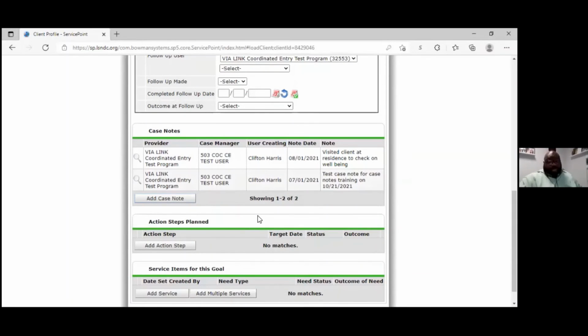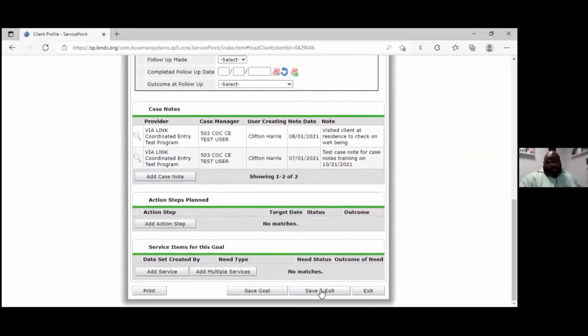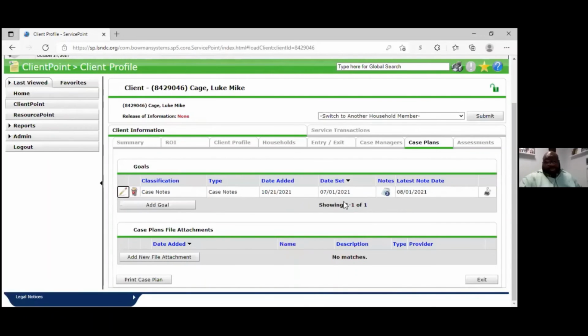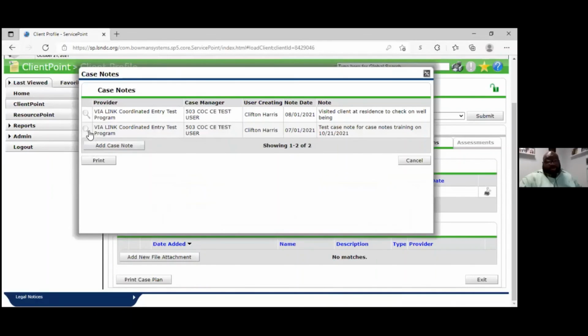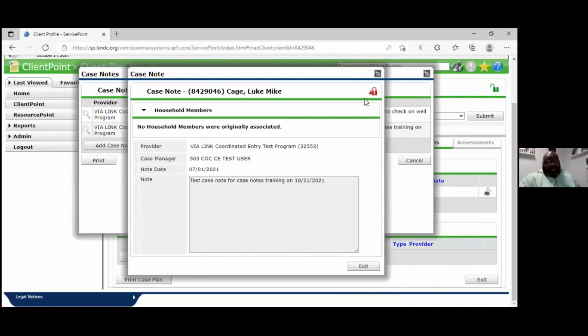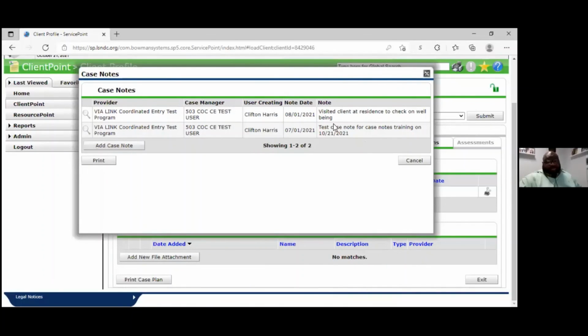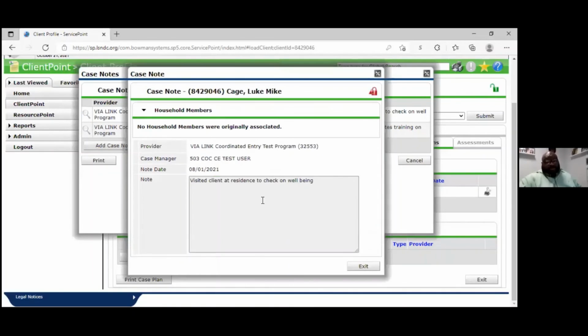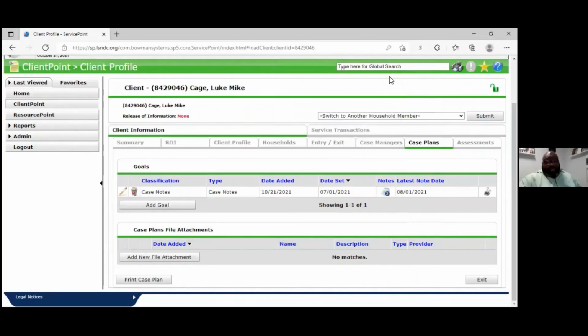So the notes will just accumulate there. And if you click here, you'll be able to see them all, like the notes as they go along. And this magnifying glass allows you to actually click on the full one and read it. I think I only typed in one sentence, but I think it'll show the whole note here on this one screen, unless it's really, really long, then you have to open it up. That's pretty much